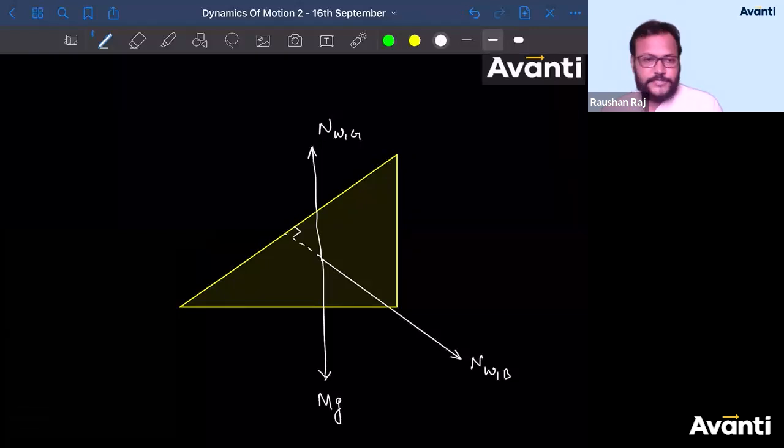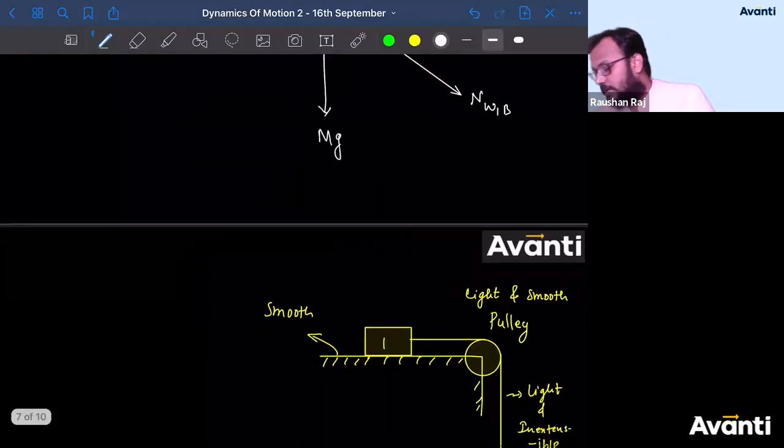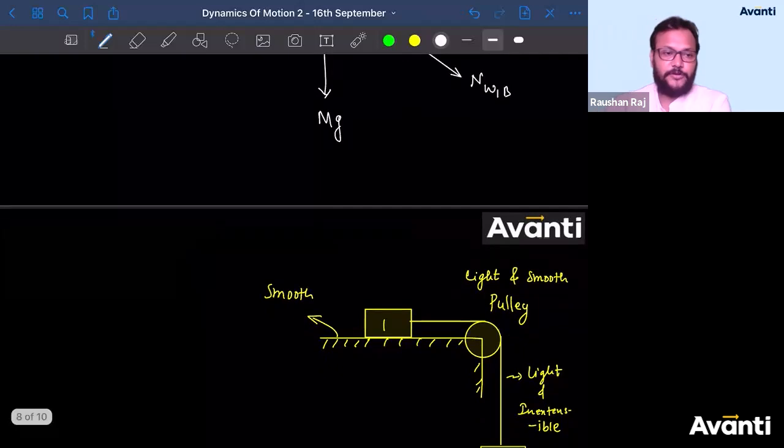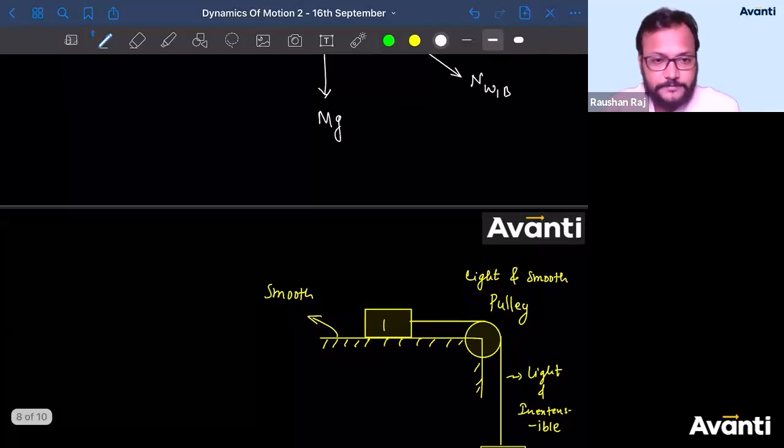Will there be any other force, guys? Will there be any other force? No. There is no any friction. There is no any roughness is there, so no friction will come. No electrostatic force, no magnetic force, कुछ भी नहीं है. So force of gravity and contact force. So these are the forces that will act on the wedge and that will act on the block. So guys, click yes if you have understood today's concepts. Very good, Mohammed. Very good, Ryan. बहुत बढ़िया. So guys, click yes if you have understood today's lecture.